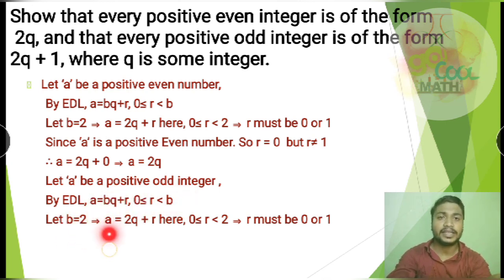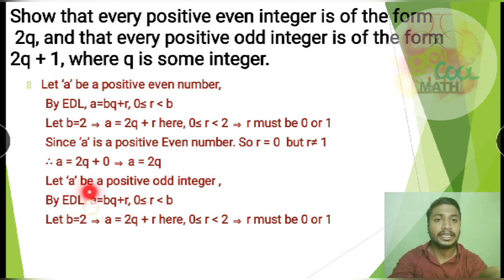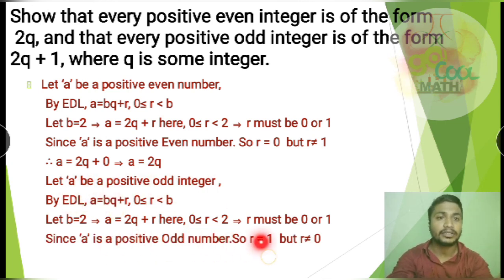Substitute here. A is equal to 2q plus r. b becomes 2 here. A is equal to 2q plus r. And the condition becomes 0 less than or equal to r less than 2. Therefore, the remainders are possibilities 0 or 1. So possibilities of remainders, what will it be? Either 0 or less than 2, that is nothing but 0 and 1. Since a is positive odd integer,